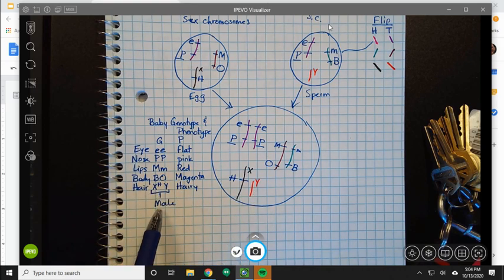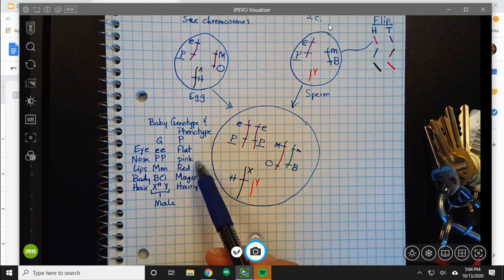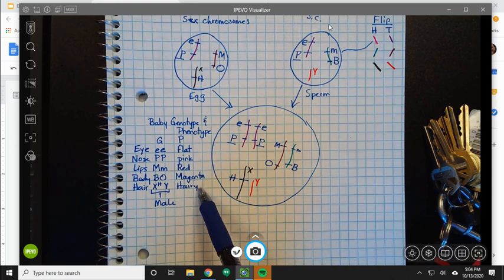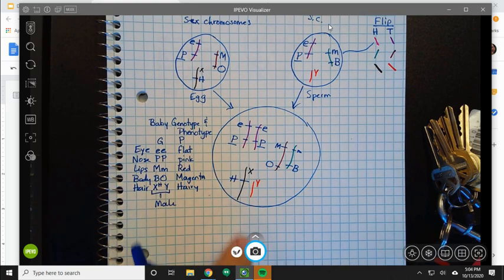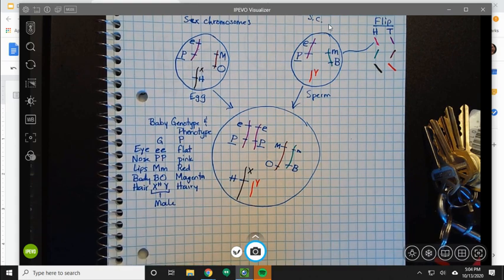The X and Y tells me that this baby is male. So here's a little baby boy Muppet that has flat eyes, a pink nose, red lips, magenta body. It has a hairy head, so it has like the little, fuzzy stuff on its head, and it's a boy. Okay? Now, I would take this information right here and I would just put that information